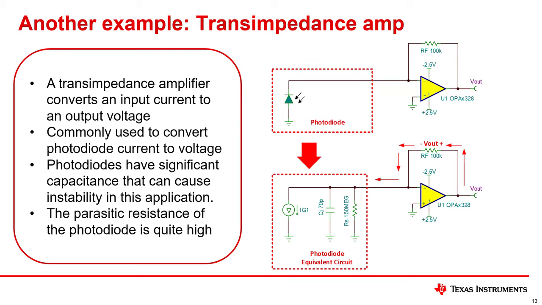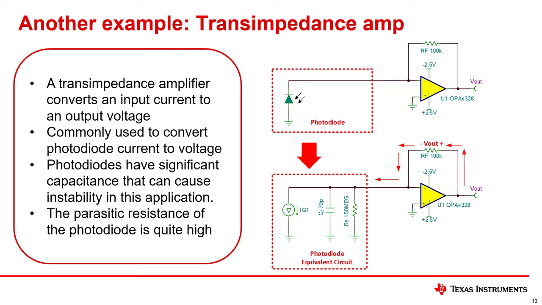Generally, this is done by applying the input current to the inverting input where it will flow through a feedback resistor to generate an output voltage. The most common application of the transimpedance amplifier is to convert the output current from a photodiode to a voltage. The feedback resistor value is the transimpedance gain. Thus, if a 10 microamp photodiode current is applied to a transimpedance amplifier with a 100 kiloohm resistor, the output will be the current multiplied by the feedback resistor, or 1 volt in this example.